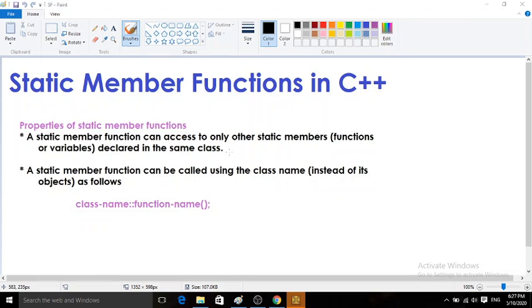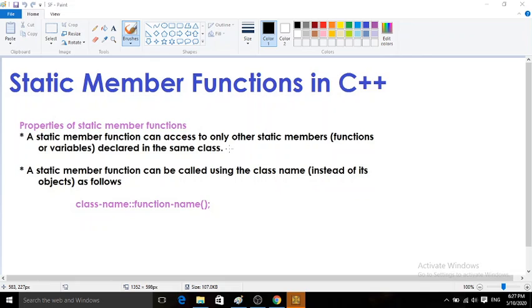It means that if we are using any static member function as a member in our C++ class, that static member function can access only either static variables or static functions which are members of the same class.